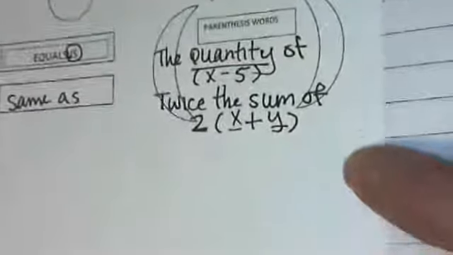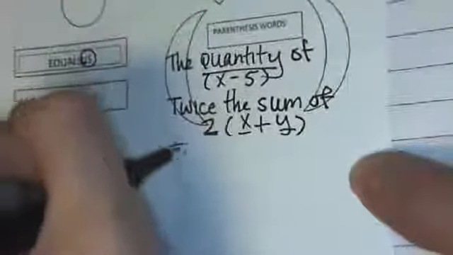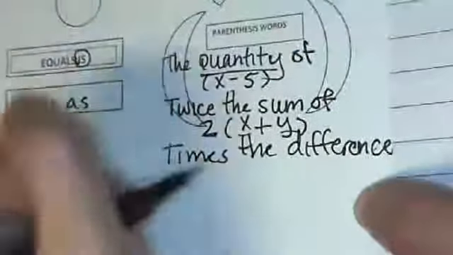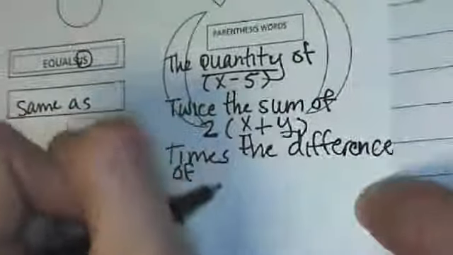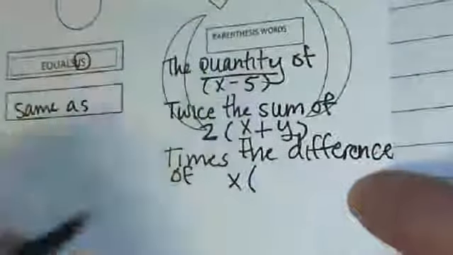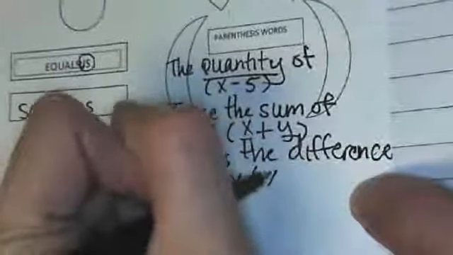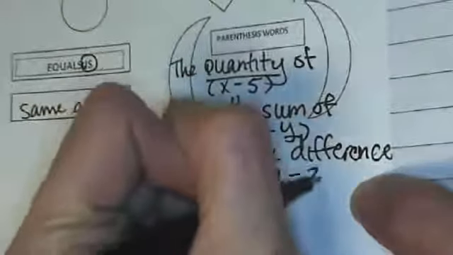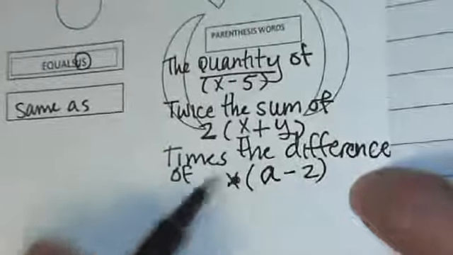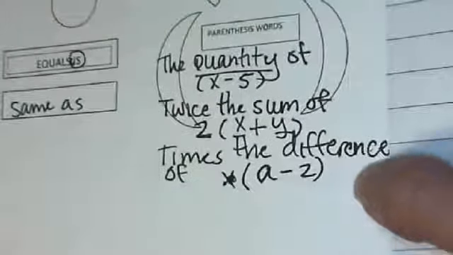Another example is times the difference of, and so that would mean that you're multiplying times the difference of x, a variable, minus 2. So that's just an example. Multiply times the difference of, okay,